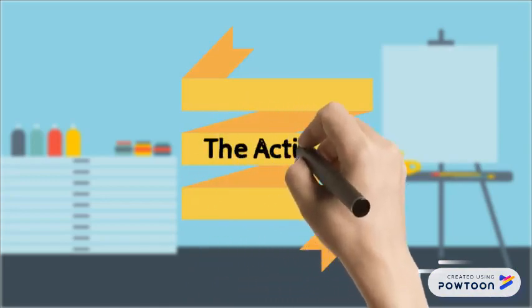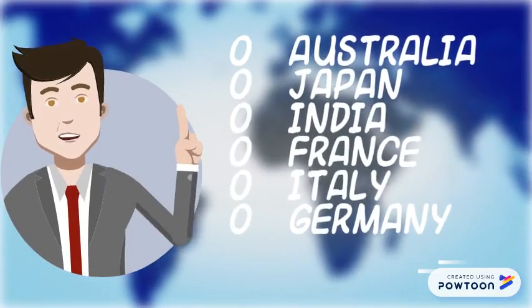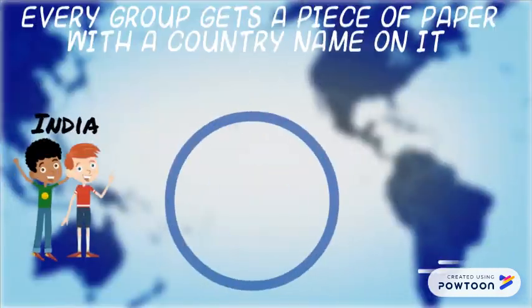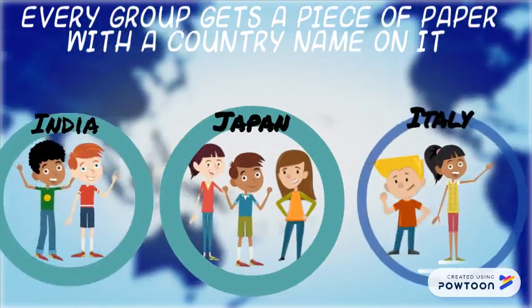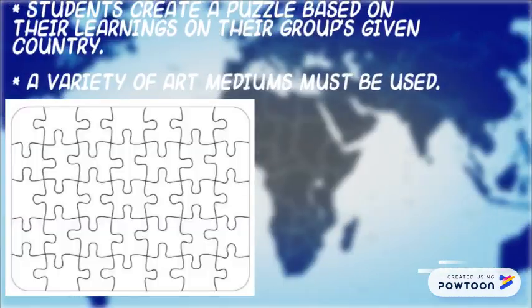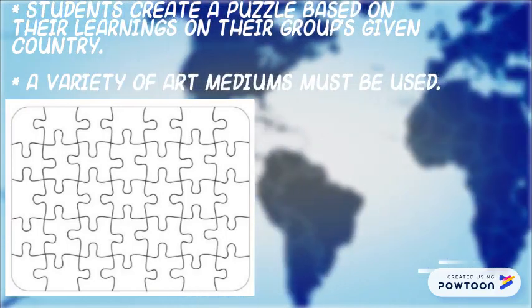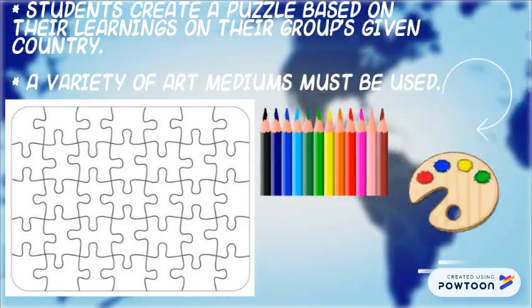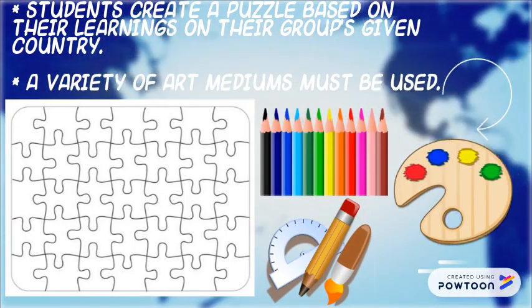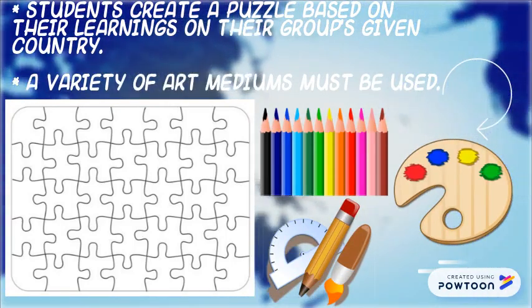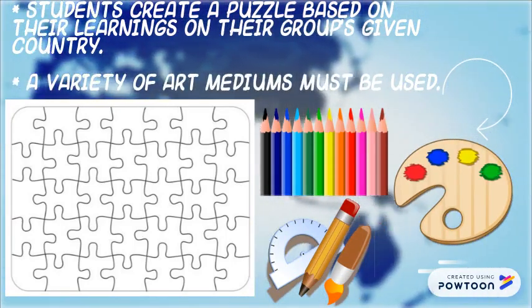A teacher is to write countries' names onto pieces of paper, which is given to each student group. The groups are to create a puzzle based on their learnings of that country. The students must use art mediums to create the puzzle, put it into a plastic sleeve, and pass it to another group. The country names are put on the whiteboard to collect after the students discover what country their puzzle